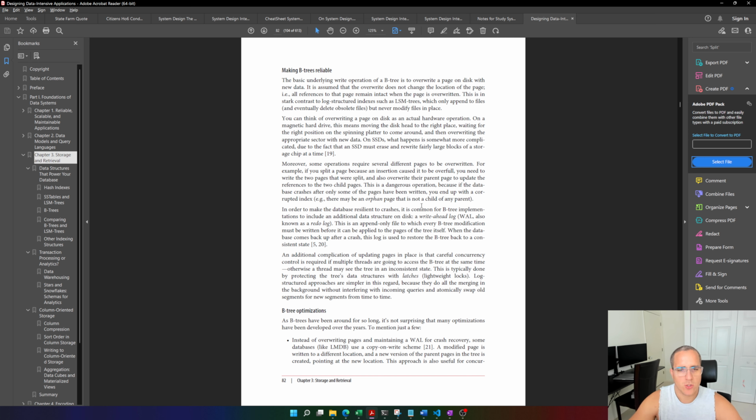Log-structured approaches are simpler in this regard because they do all the merging in the background without interfering with incoming queries, and atomically swap old segments for new segments from time to time. B-tree optimizations. As B-trees have been around for so long, it's not surprising that many optimizations have been developed over the years. To mention just a few, instead of overwriting pages and maintaining a WAL for crash recovery,